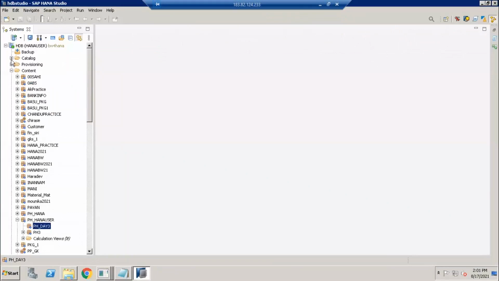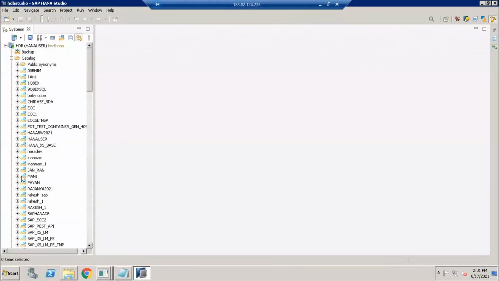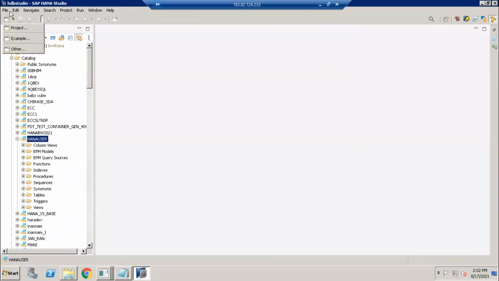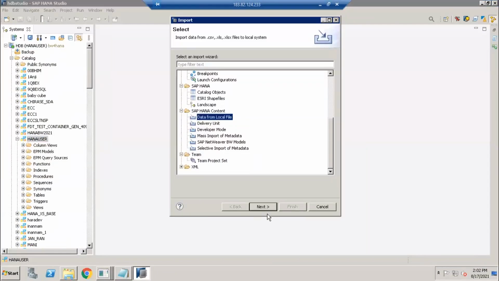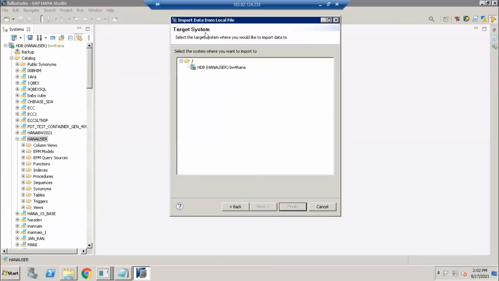Now go to the catalog, go to our schema. This is our schema where we are going to create our table. So I go to File, Import, data from a local file, click on next.